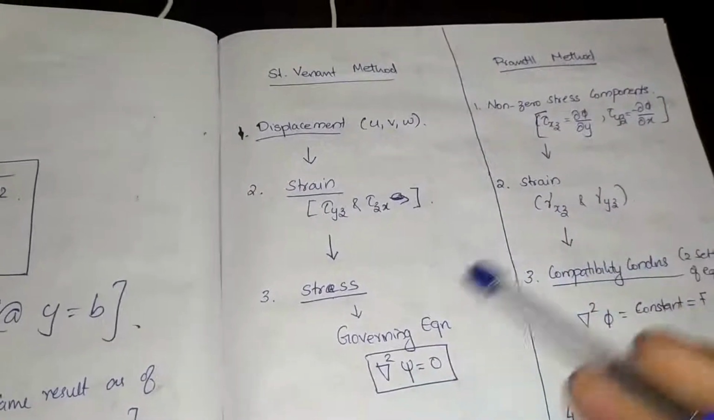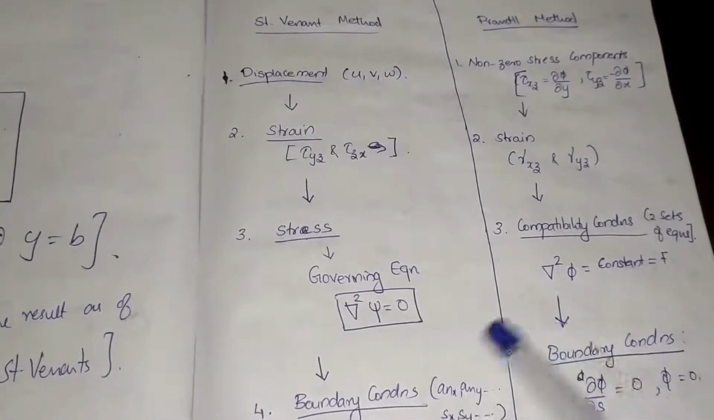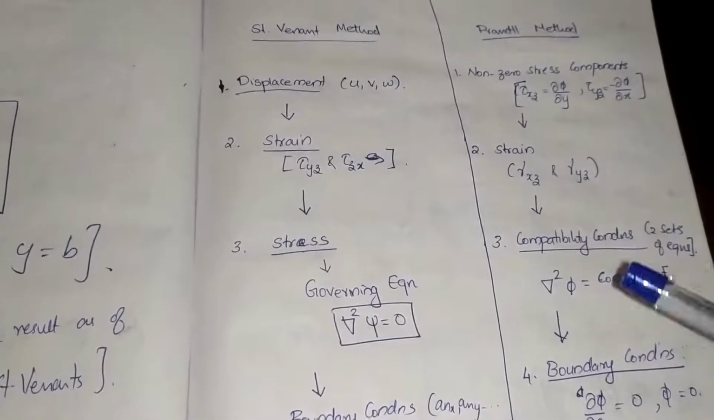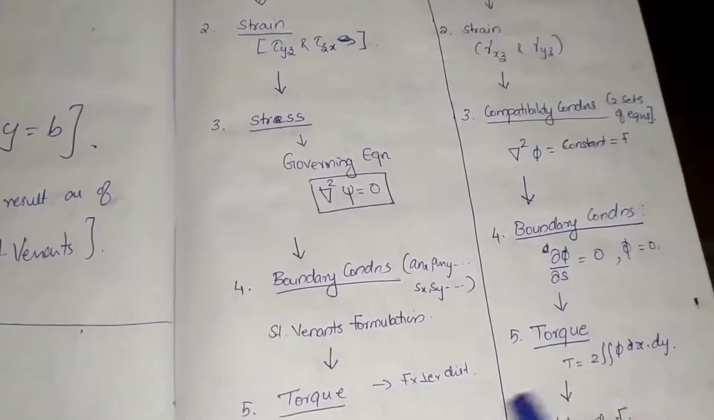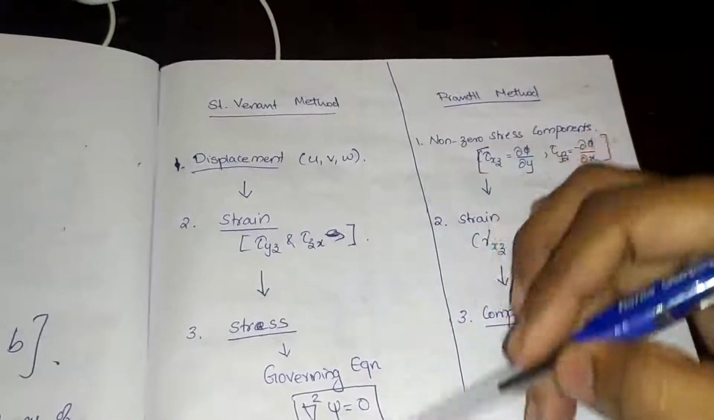showing how these things are derived. In both cases we are going to derive torque, the torque of prismatic bars. But how we do that, how we reach that value of torque, that is what we are going to show in this small